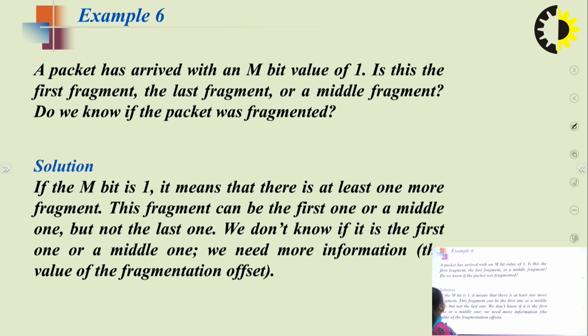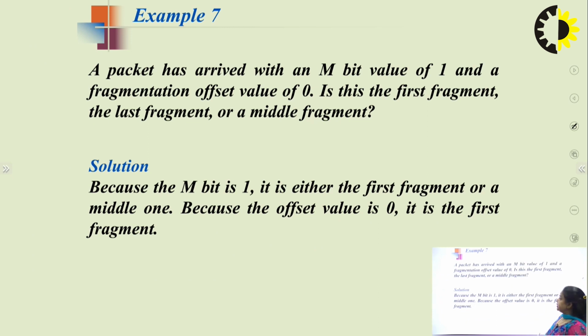The next example: the packet has arrived with the M bit value of 1. Is this the first, last or middle fragment? If it is 1, it means there is at least one more fragment. It can be first, it can be middle, but it cannot be the last. Why? Because if it is the last fragment, then the value of M should be 0. Last example, it is given that the M bit value is 1 and its fragmentation offset is 0,